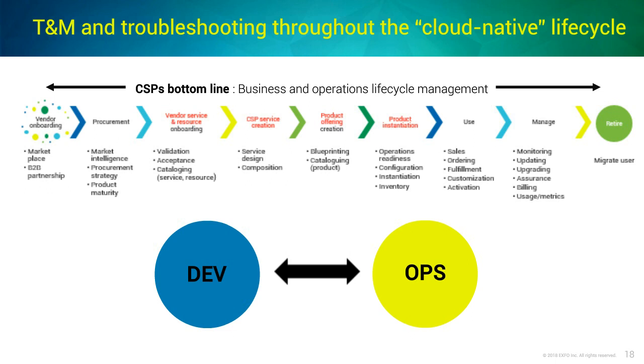I'm going to touch on, okay, now the service is there and it's deployed. What's going to happen after that? What are the tools and the visibility, test and measurement tools that are available that can help us make sure that we're delivering a service that, first, is available, is resilient, and meets the customer expectation.